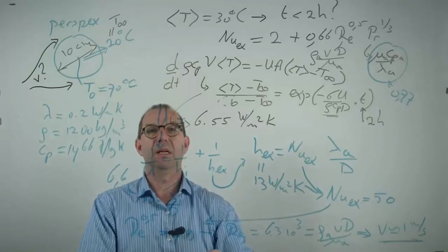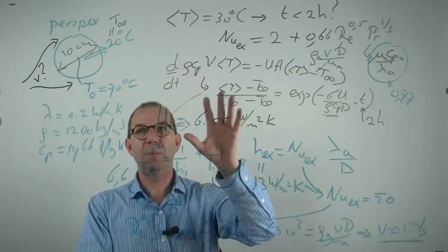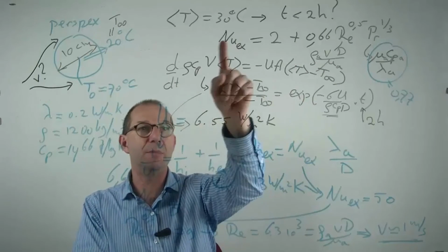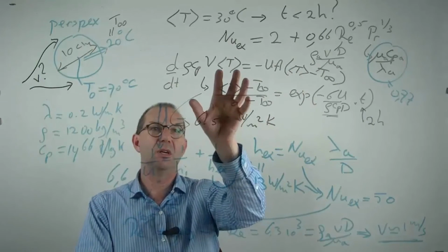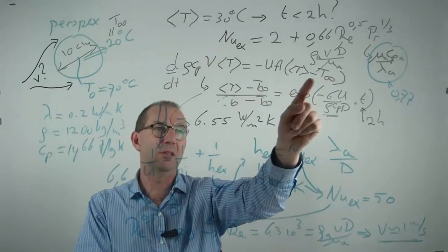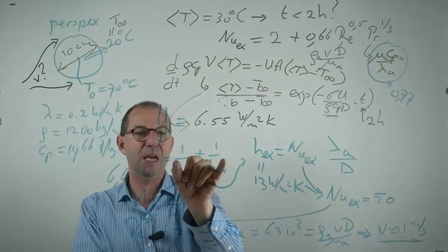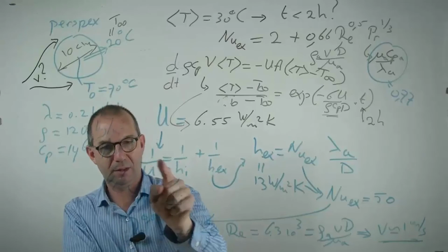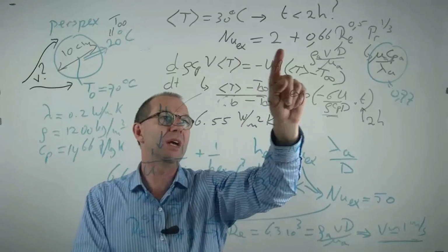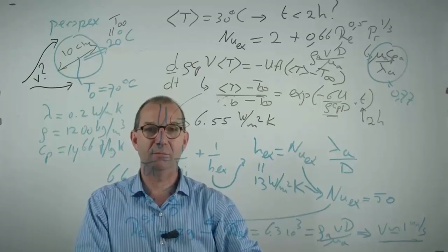In summary, this is a more difficult problem, as the unknowns are hidden. But the bottom line is that we realize that the sphere is cooling down and that we can describe that via a heat balance where the change in energy is caused by outflow that we write in Newton's cooling law, where the heat transfer coefficient is made up of two parts. An internal one that we know, and an external part for which we have a Nusselt relation. In that Nusselt relation is the unknown v, and I back that out to a meter a second.